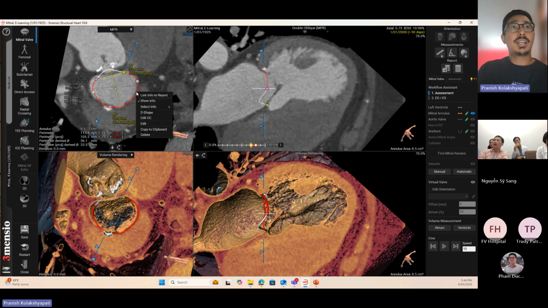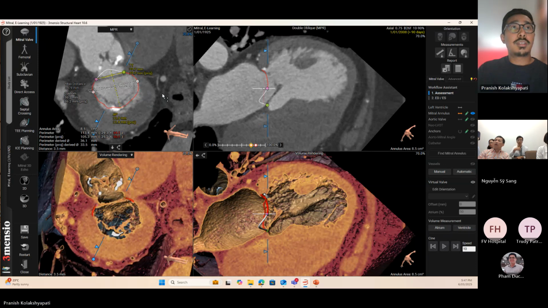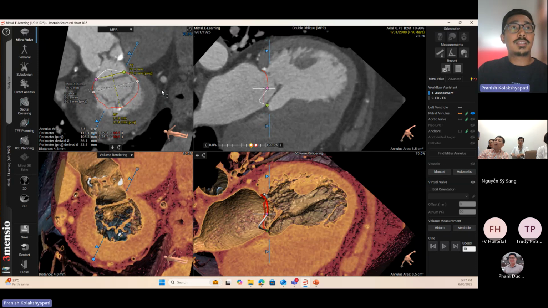And you can choose which measurements to show or turn off if you don't want them. And you can also choose to make your own commissure to commissure measurement. If you're not happy with this, you can right click and edit CC, and then just hover around where you can see the